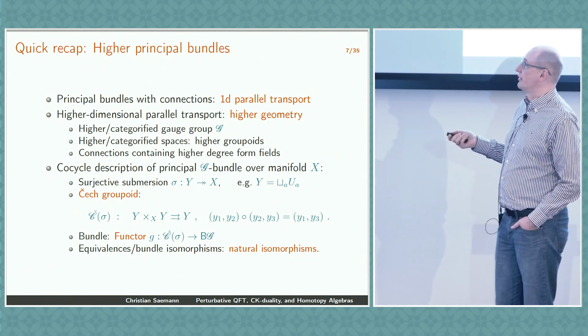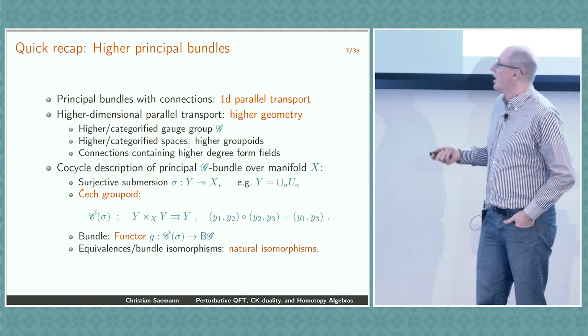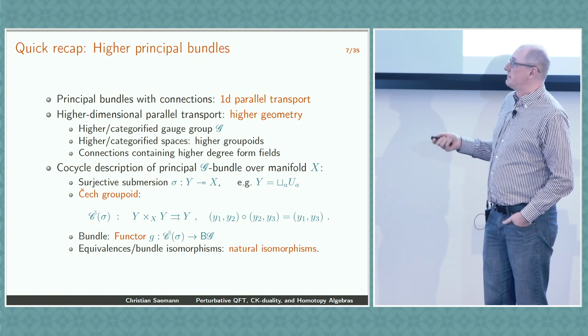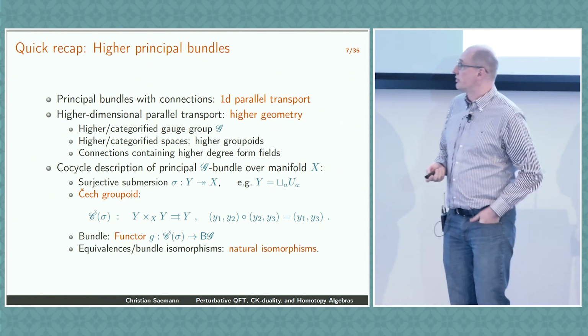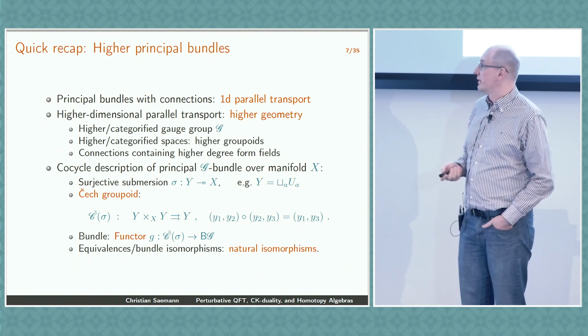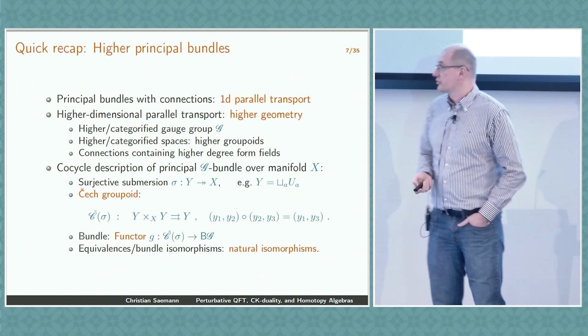That's very down to earth, and you get explicitly the transition functions, the co-cycle relations, and so on. And equivalences, bundle isomorphisms, are just natural isomorphisms. So this picture is trivial to consider for higher groups here as well, and then you get higher bundles, right? So in this way, you construct the topological part of higher principal bundles in a direct fashion, and there's no